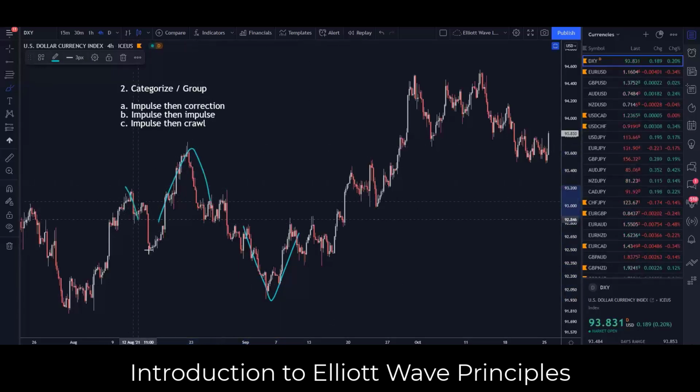Right? And then of course over here as well, V shape, okay? So this one here, I would even categorize that as a V shape, okay? So quite a bit of V shapes here, right? Even here you can see, okay? This one here as well, okay? Even this is considered a V shape, okay? So you realize that what we're doing is basically taking impulses and correction and then mix and match them together,